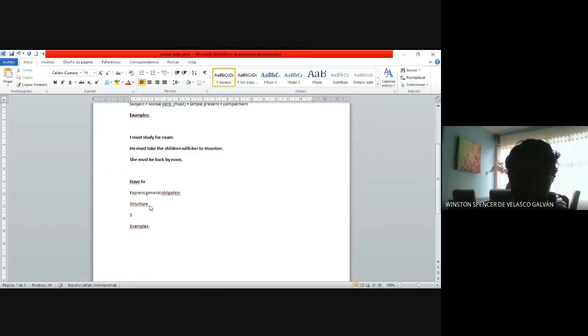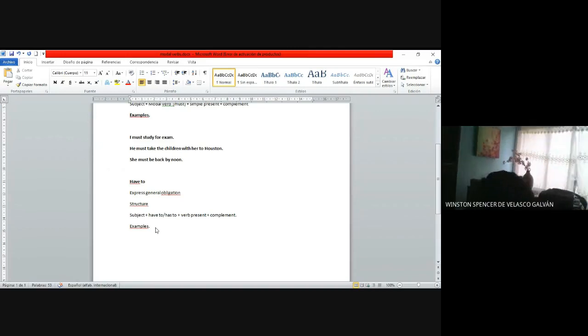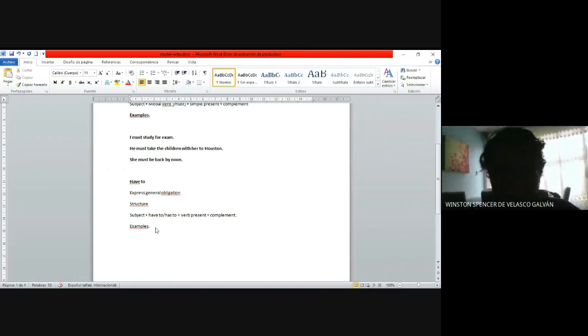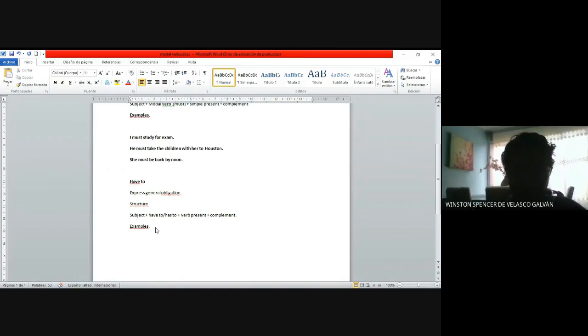Remember that you need to have a subject plus have to or has to if you're using a third person, right? Plus, after has to or have to, you need to use a verb in present plus a complement, right? So that's the structure. We need to make and to carry out an example. The examples are going to be pretty easy. I'm going to start with the first one, and then I'm going to ask another student that helps me out with a sentence. For instance, the